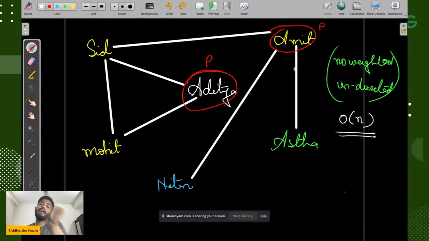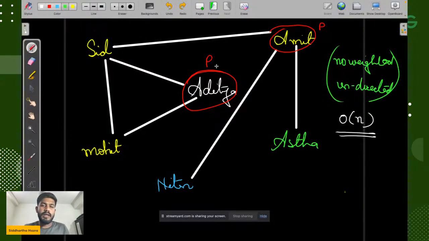So now we have two police officers. It might be a scenario where we have three police officers, or four. But as of now, we have two police officers. I want to know the distance of the nearest police officer. I'm not worried about anything else. I'm not worried whether I go to Aditya or Amit. I just want to know the distance of the nearest police officer. So if I'm concerned about that, what I would do is